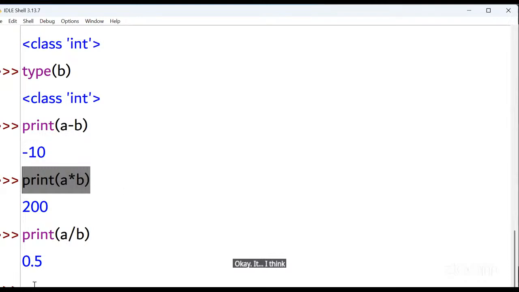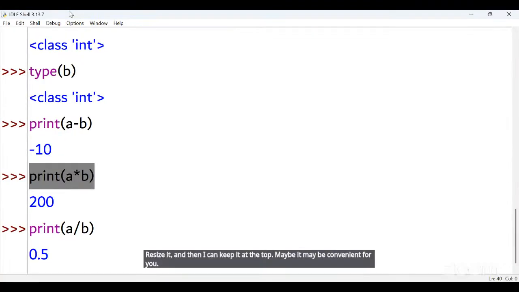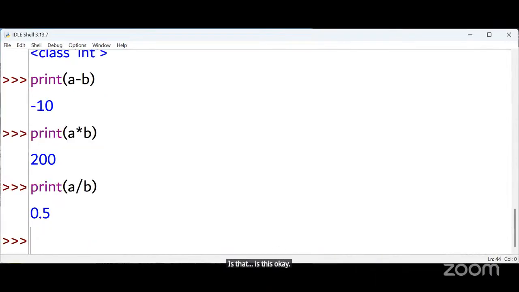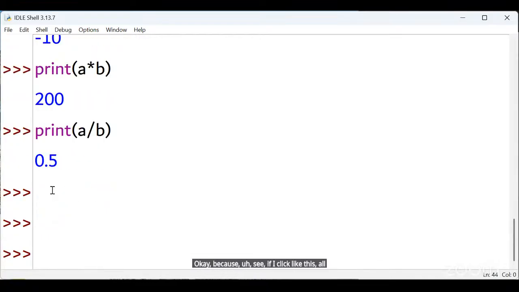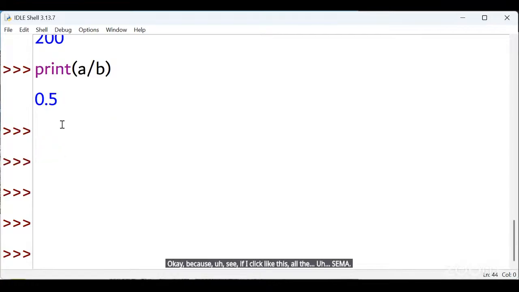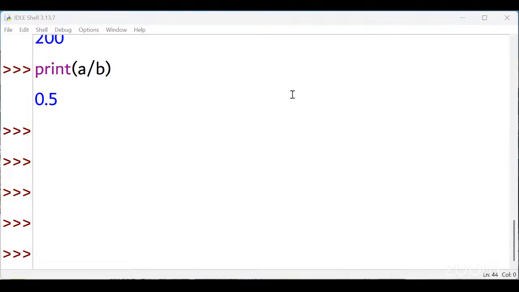I think maybe the coding is coming down now, so I can resize it and keep it at the top. Maybe it may be convenient for you. Is this okay, ma'am? Yes, ma'am. One of the participants asked to maximize the screen. Okay, now I think, ma'am, we can see.